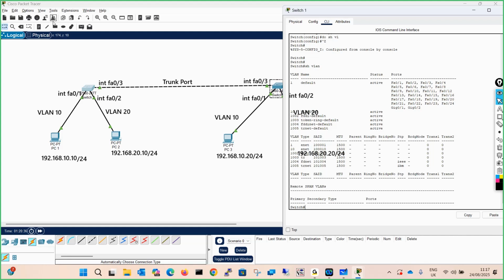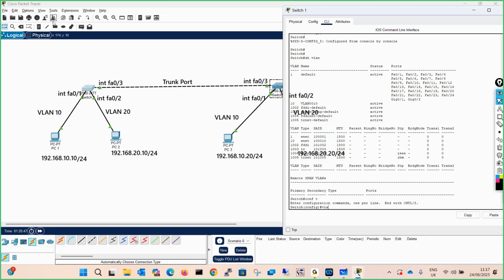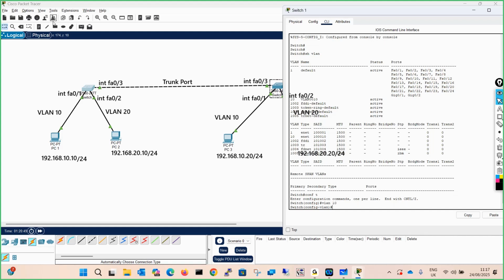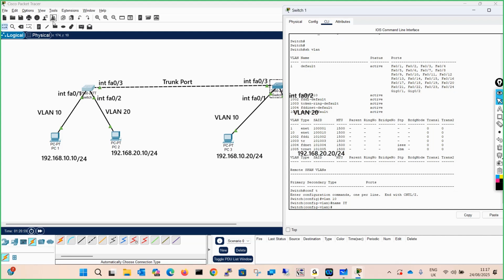One more thing, if there are hundreds of VLANs in your network and it is difficult to remember them by number, you can give a name for that VLAN. So go to configuration, go to VLAN 10 and give the name, let's say name IT. Okay, enter.